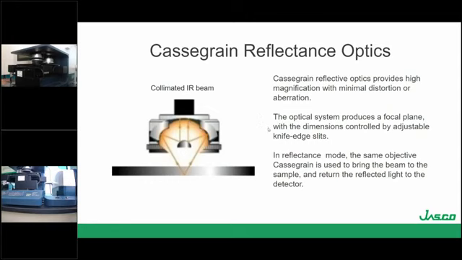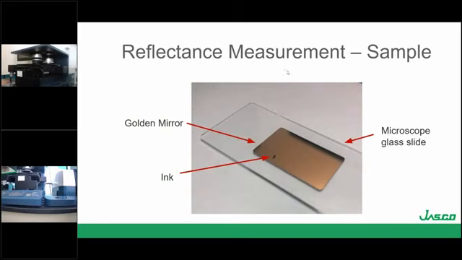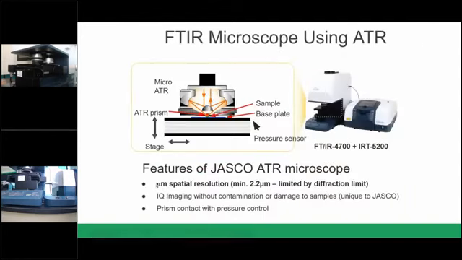The sample that I'm going to use for this reflected measurement is an ink dot that you can see here, this black spot, that is on a golden mirror. I'm going to use the golden mirror as a background because it's a very reflective substrate. So the next measurement that I'm going to be performing is the Attenuated Total Reflectance, or ATR, but in